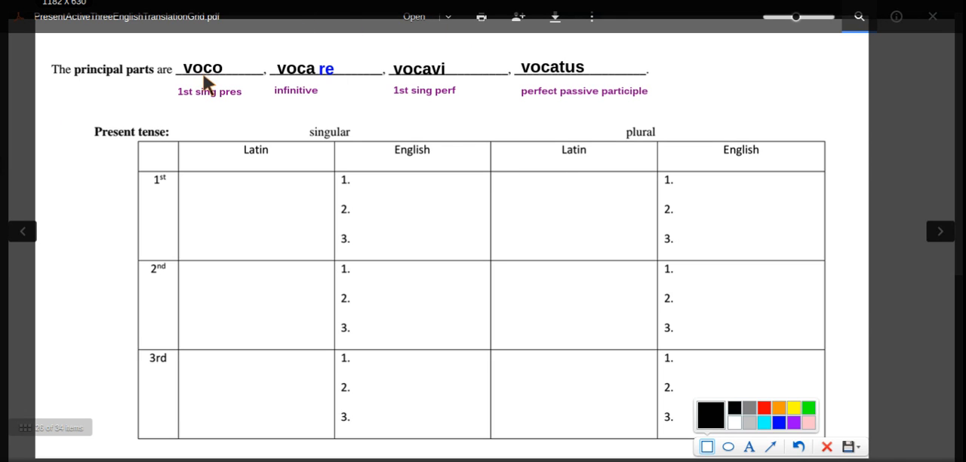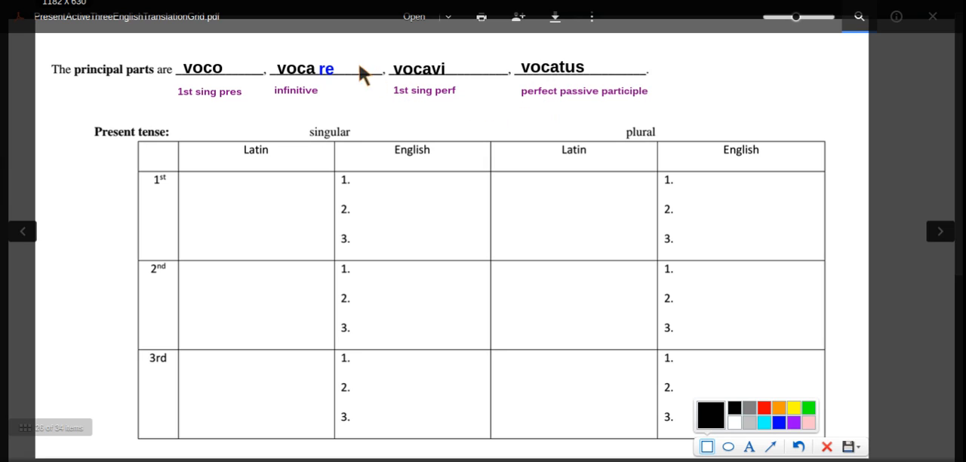In Latin, verbs have four principal parts. The first part, voco here, is our first singular present active indicative. For now, just first singular present form. The second principal part would be vocare, and we call that second principal part our infinitive. The third principal part is vocavi, which is the first singular perfect form, and then vocatus is the perfect passive